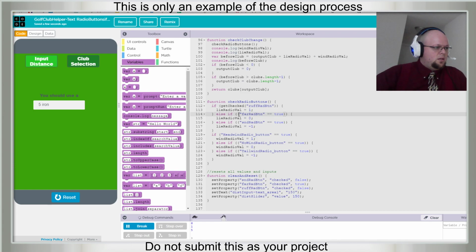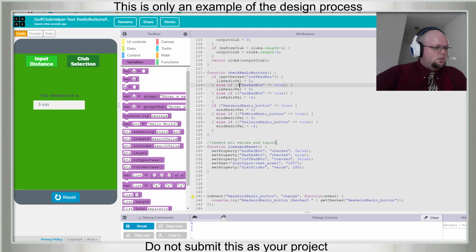We need to get checked. Let's just change. We need to put this here and get rid of this. And put this here. This will be the last thing, I sort of promise.